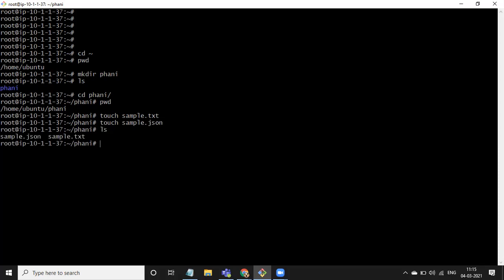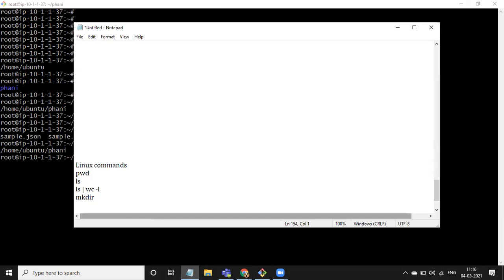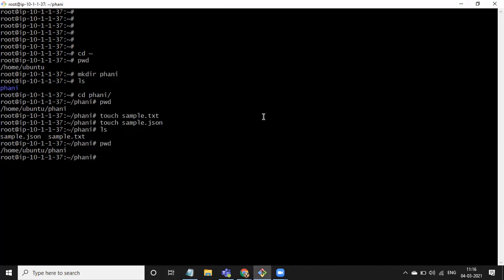Two files are created inside the funny folder, right? Hit pwd. I am inside home Ubuntu, inside funny, and I created two files. Okay, got it? touch is the command to create files.